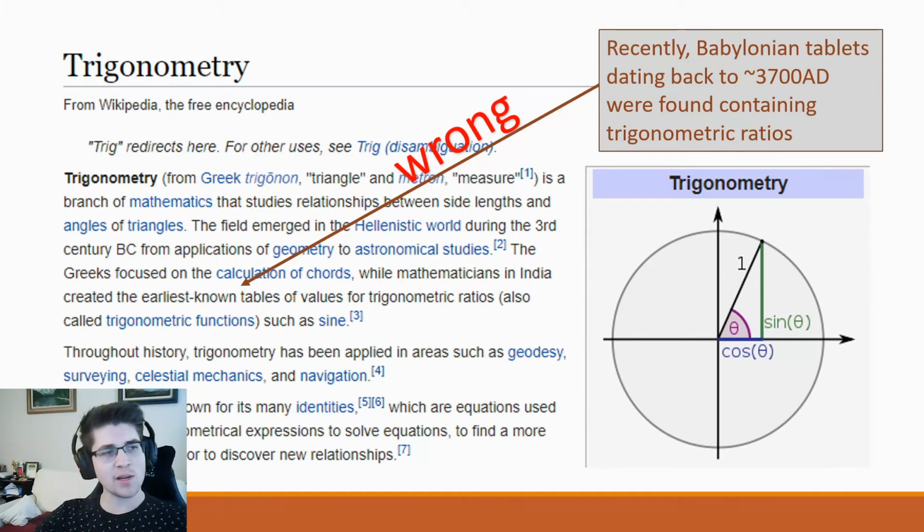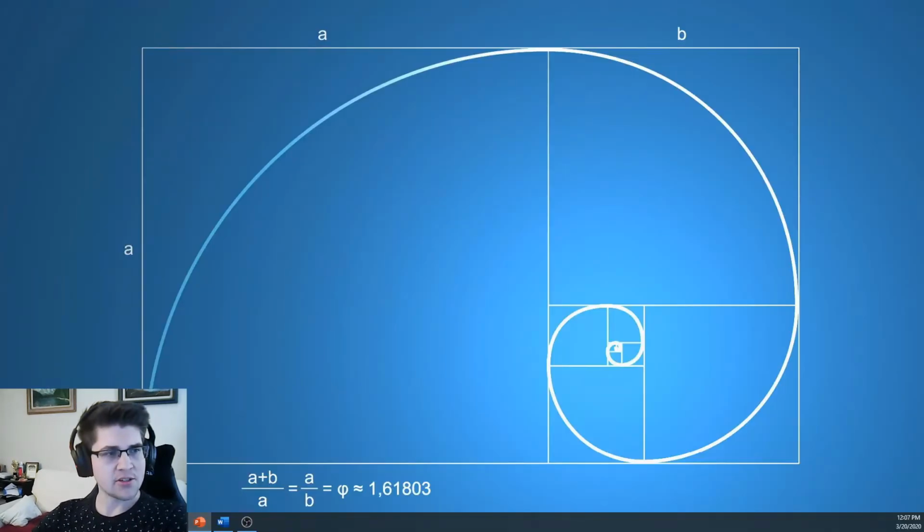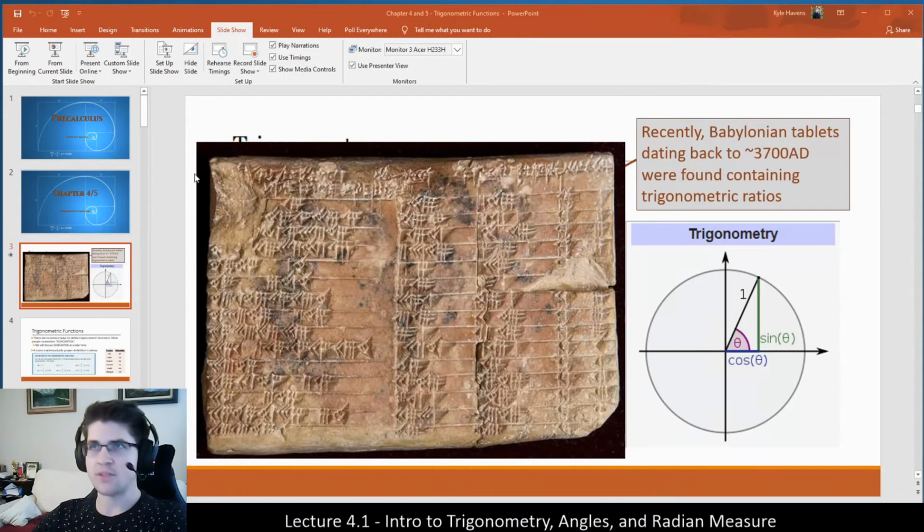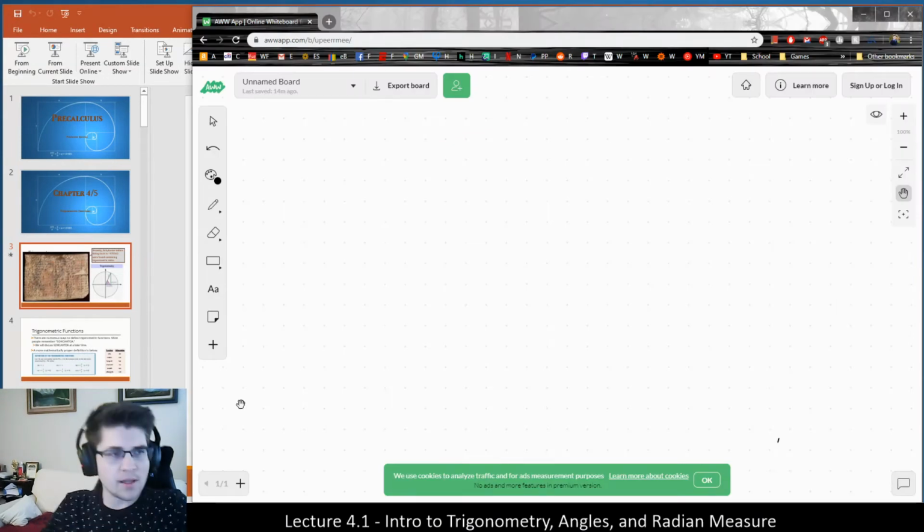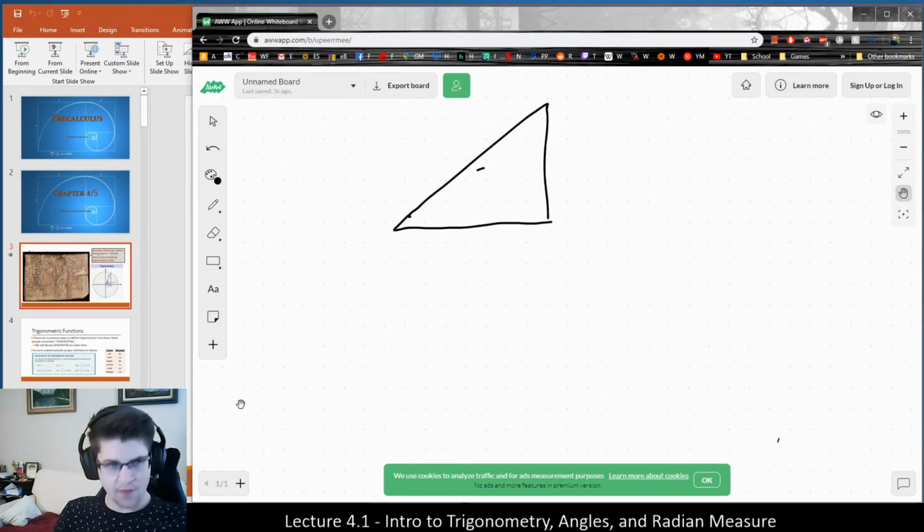But trigonometric ratios give us the basic sense of why ancient man cared about trigonometry in the first place. So let me end the slideshow here for a second, so I can sketch and try to explain what a trigonometric ratio is. So let's say we're trying to construct a building or trying to study the angles for the purposes of building. Like say we wanted to build a structure that was, I don't know, 100 feet tall,